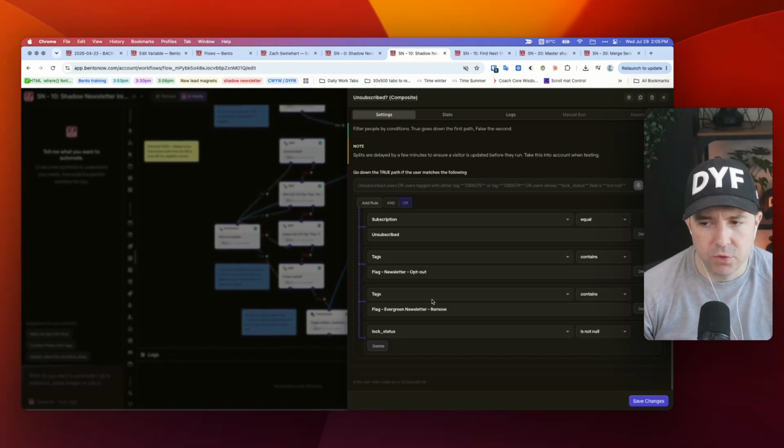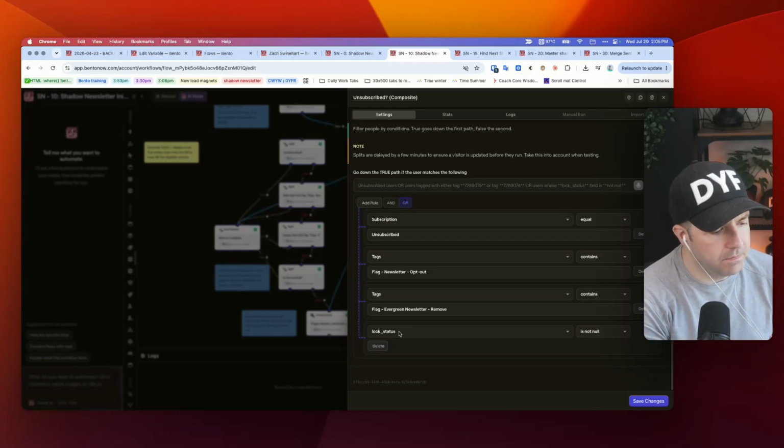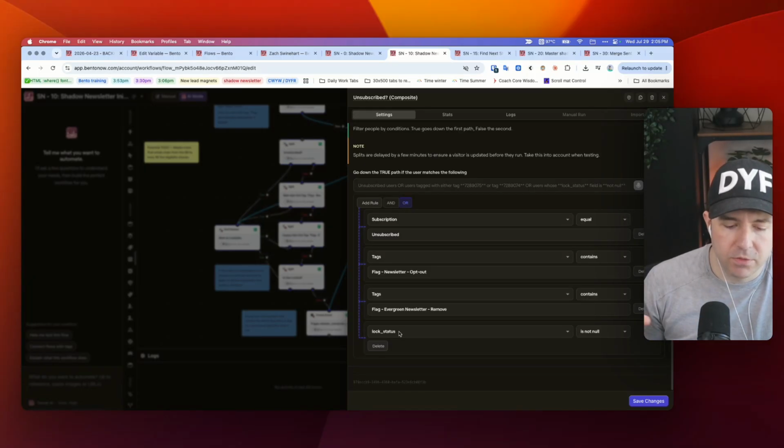That was like a trigger link kind of thing, I think, or it was basically similar to this. It was just something I did in the past. I don't remember anymore. And then lock status is what I use for my promotions, both evergreen promotions, like triggered